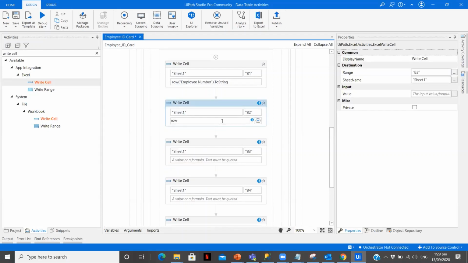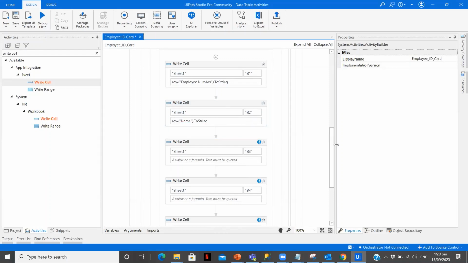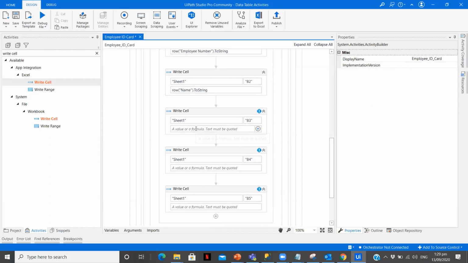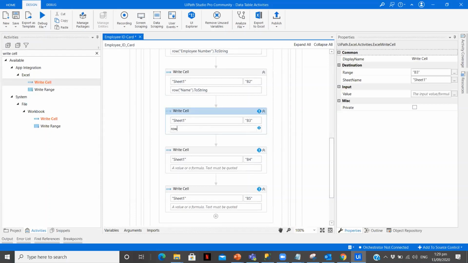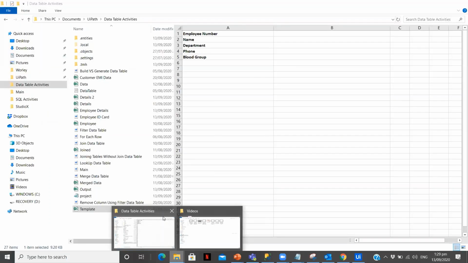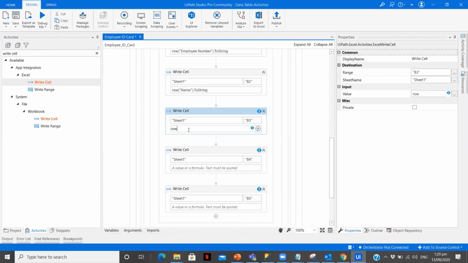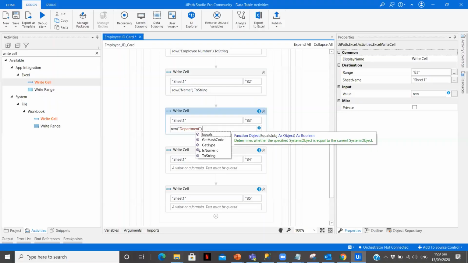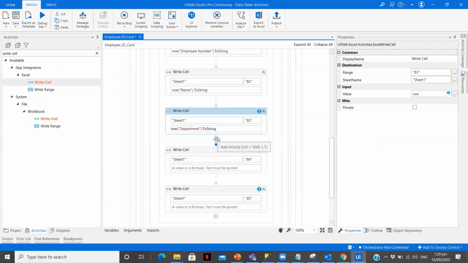The second is going to be row of name dot toString. So I'm specifying in that row which value is there in the name column. I want to write it over here. I think we have department next. Yes. So row of department dot toString.